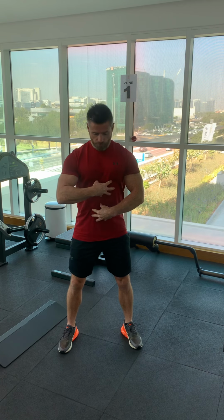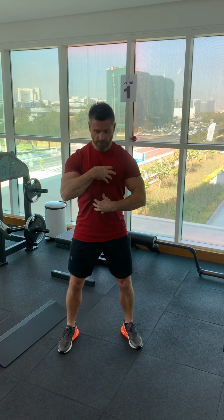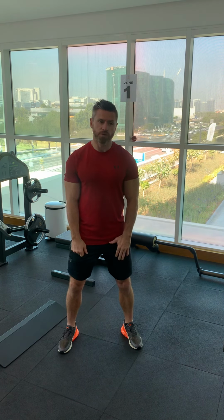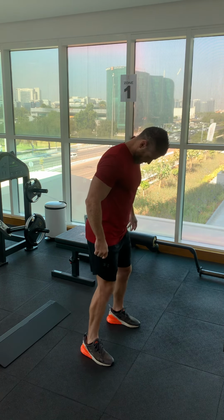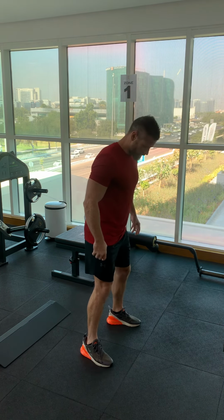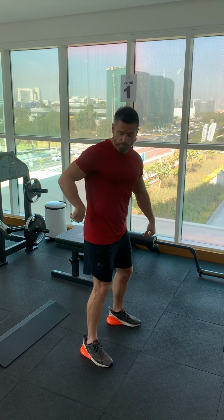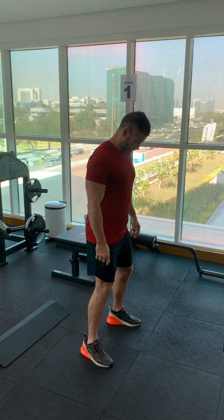Think about getting this tight. Imagine someone was going to punch you in the stomach. You would tighten here. Tight. And then from there, you would want to squat down. So turn back round this way. There, feet secure. Imagine you have a small stool behind you and you're going to pop your bum onto the stool behind you. So from here,